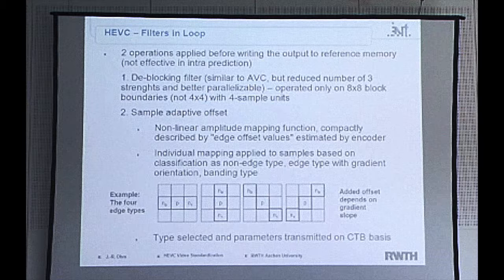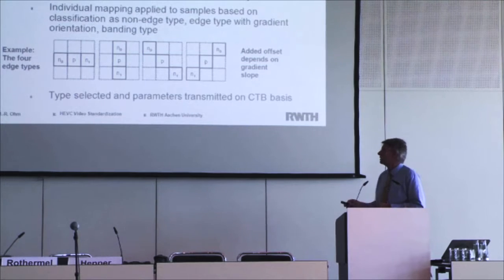And in order to do that, the encoder selects for the current region, which is in principle a coding tree block area, one of these types. This is predominantly edges of that orientation, this predominantly flat area, here nothing is done. And then the lookup table is computed and transmitted by the encoder. That means the encoder, of course, knows what the target is and is able by this lookup table to make a better reconstruction. That actually also increases the PSNR and increases the visual quality.